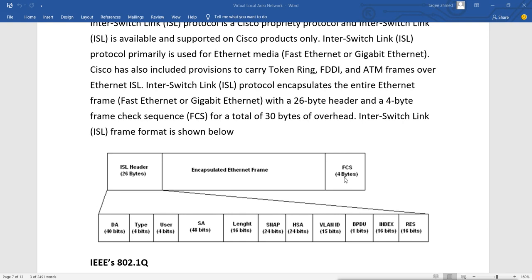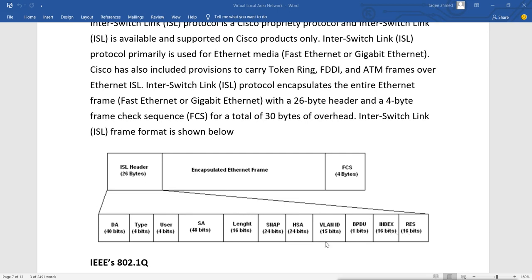In these 26 bytes, what it has here is 40 bits for DA, 4 bits for type, 4 bits for user, 48 bits for SA, length, SNAP, HSA, and VLAN ID. VLAN ID has only 15 bits. Then BPDU, then index, then reserved.